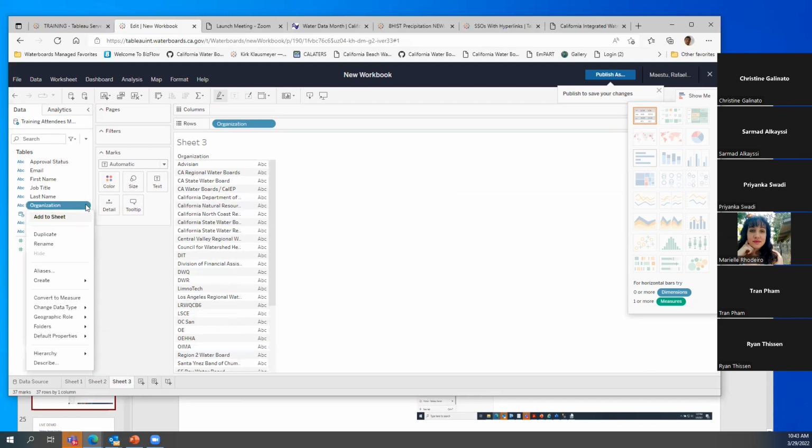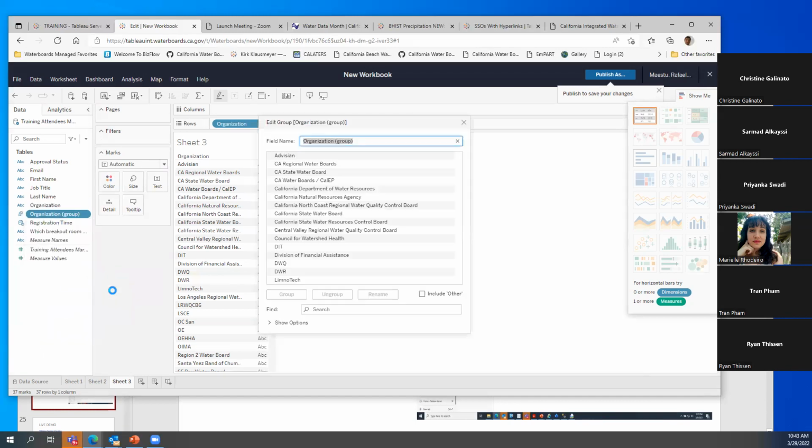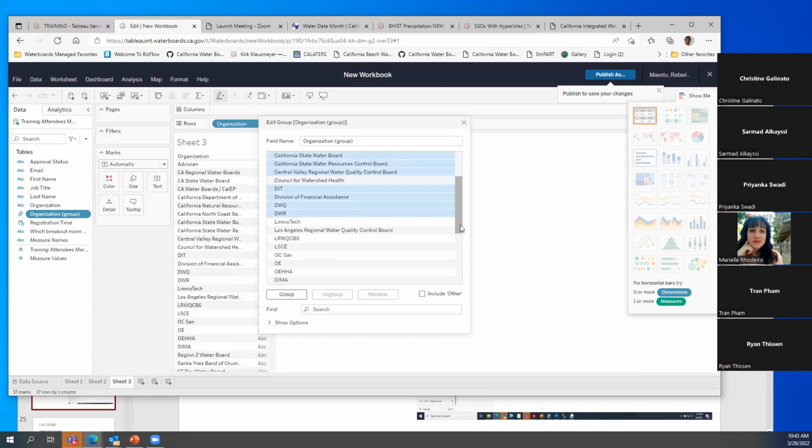So what we can do is we can create groups. Go to create groups, and then we say, well, I'm going to select all these people I know are the water boards. It's going to take me a little bit. It's always risky, but I'm going to create